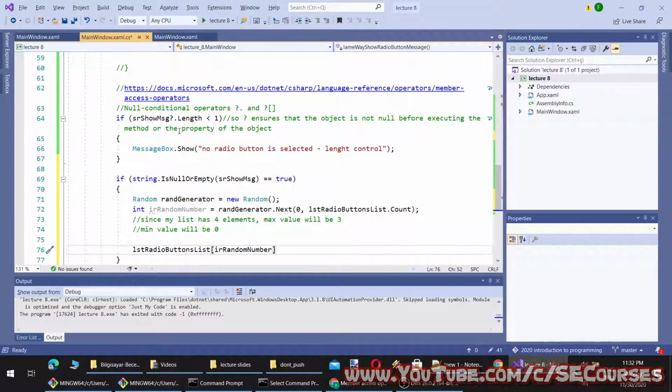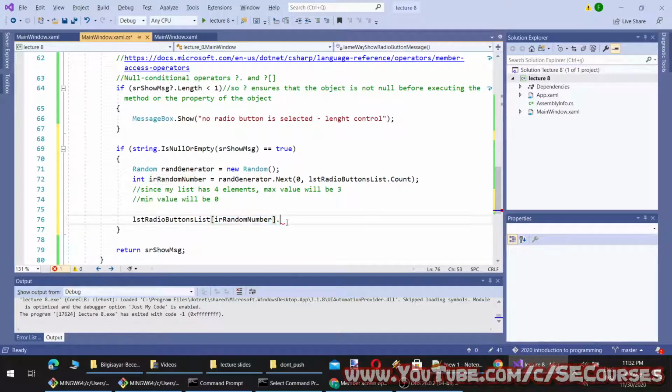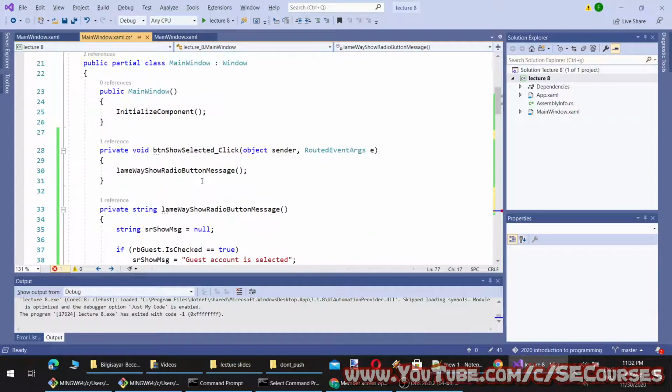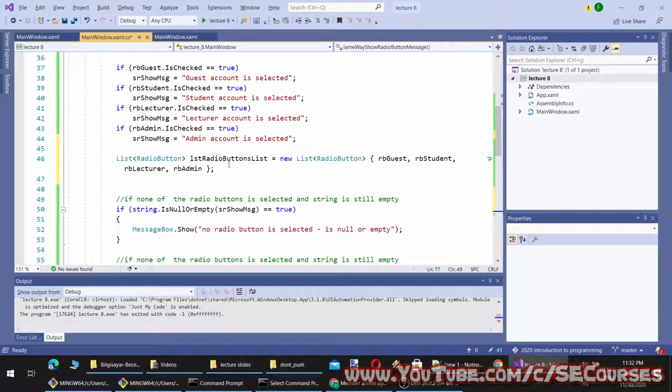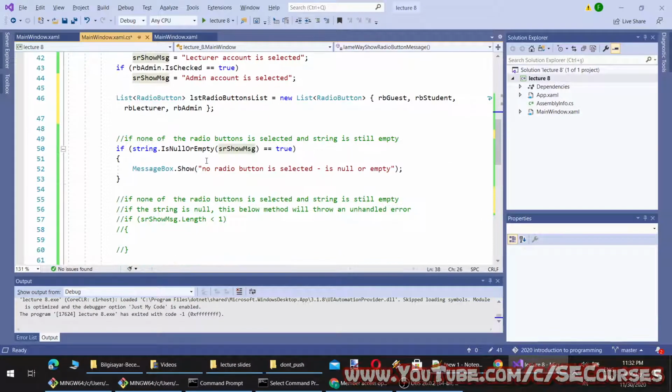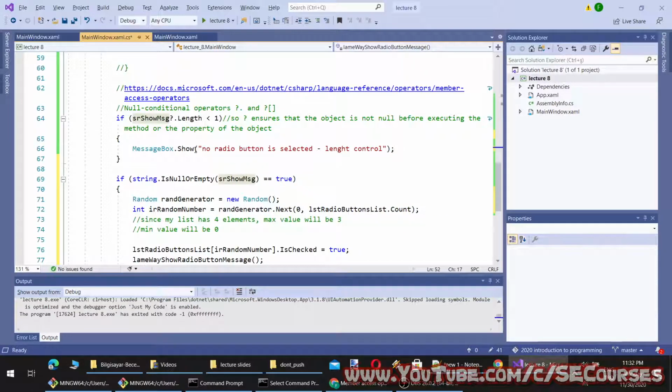Okay. And I will make the index of this IsChecked true, and I will call this method again. Okay, so I'm going to remove these message boxes like this. Okay, and this will never be executed anyway, currently.